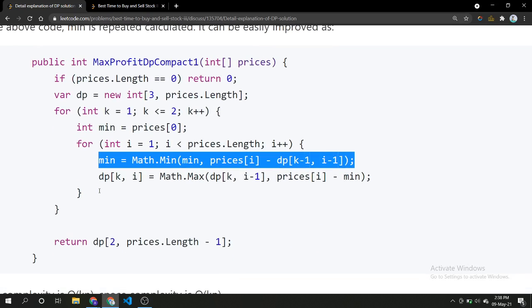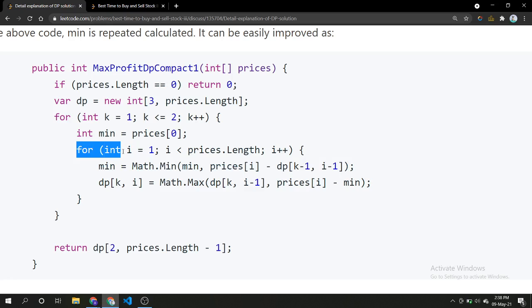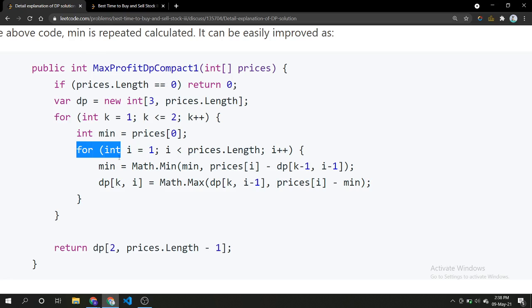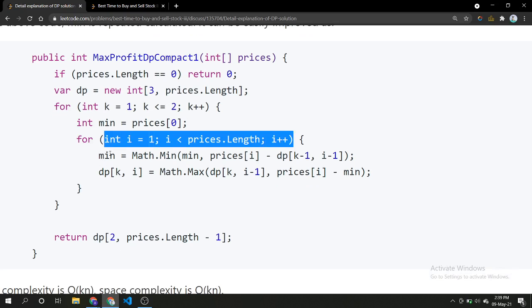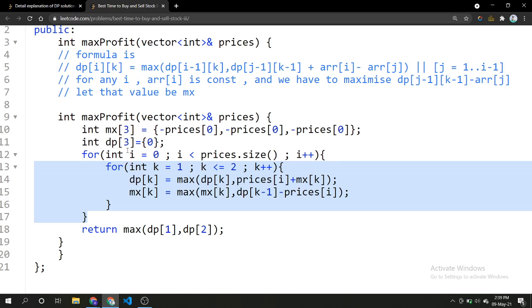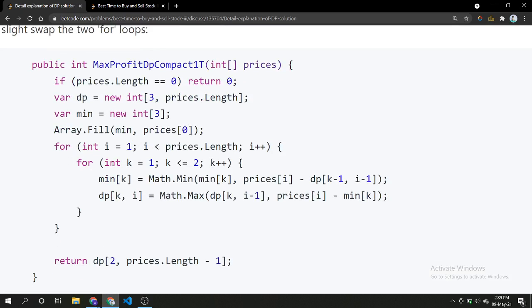After that, what we do is swap the loops. We take this i to the outer side and take this k to the inner side. For taking the k inside, we have to store the value of min for each case. So we make an array of our min, which is this one. So now we came to this part,